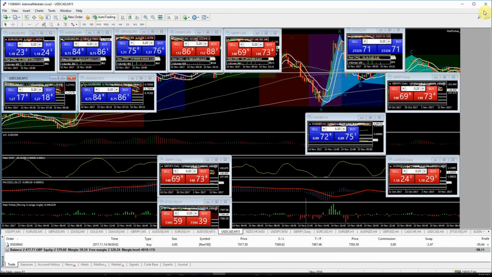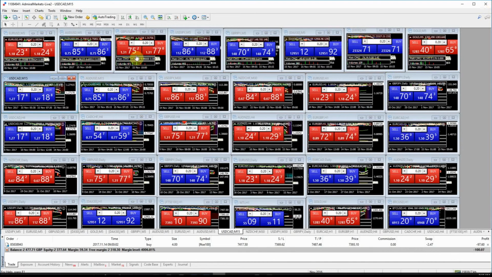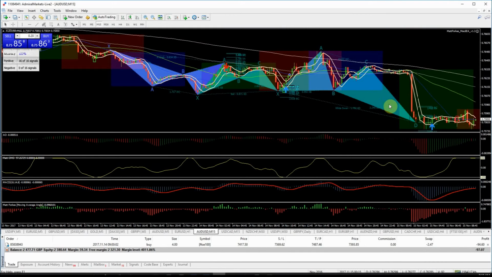And a similar sort of thing with the Aussie. So we took the long trades yesterday on the 15-minute chart. Just trying to look where that was. I think that was over here. Yeah, it was over here. We got out just above the high, and then it really has come off quite heavily since then. So